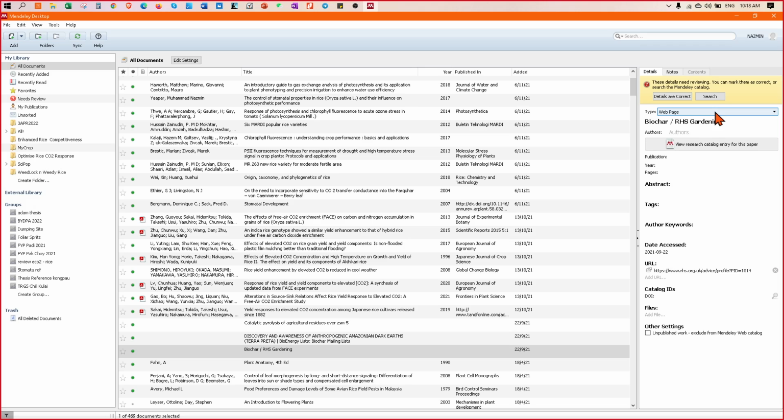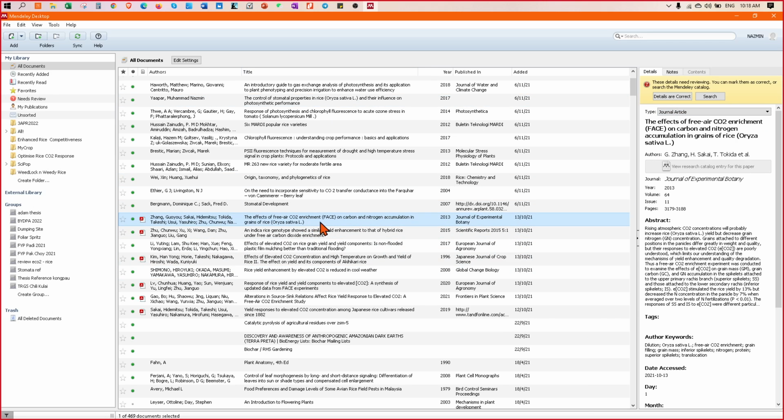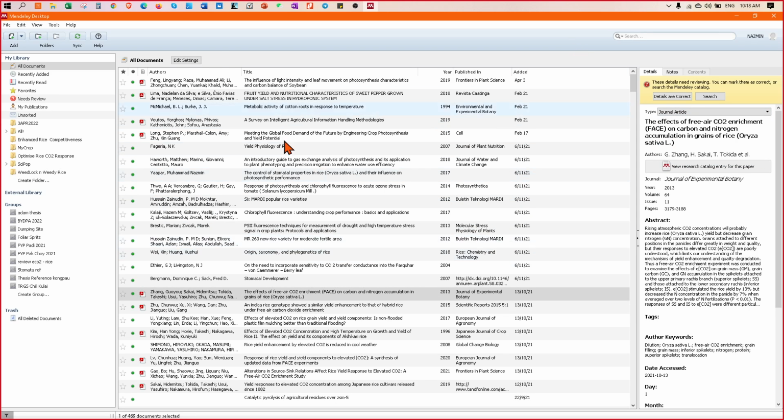So it should be web page, not journal. Some of you, it's a journal, but you change it to web page, which is incorrect. So check, make sure that everything has been filled in. Then check that the type is correct before you select all and copy it into your reference list.